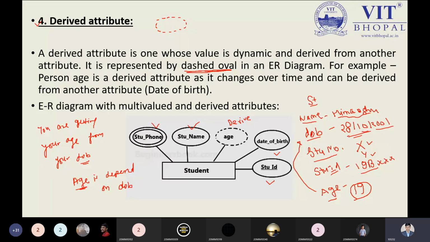Now it is clear to all, right? The fundamentals are clear. Yes, sir. So student phone number: we have the double ellipse. Can you tell me what the double ellipse we have over here is showing for student phone number? Can you tell me? In a student phone, we have the... yes, tell me.